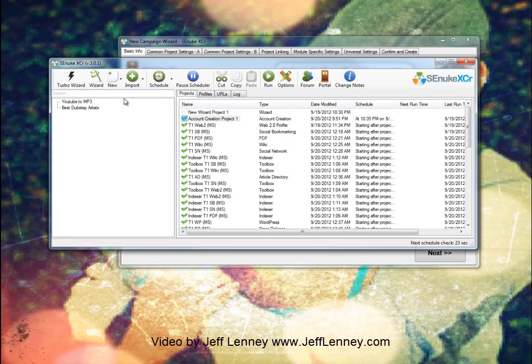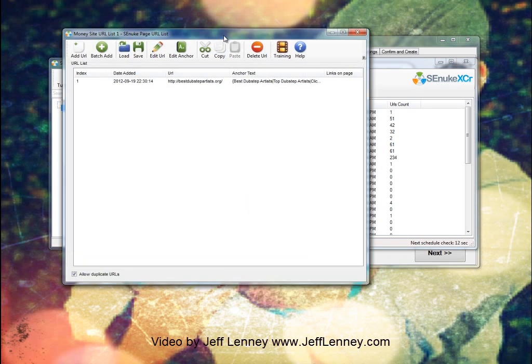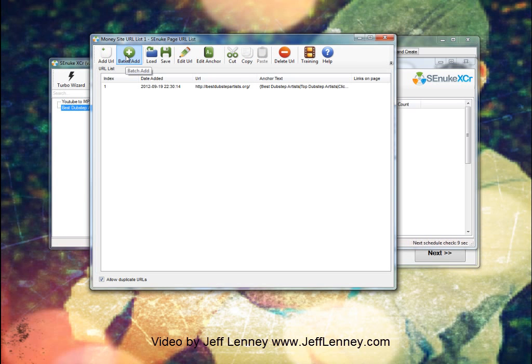If you go to URLs right here on our campaign, best of SEP artists, if you go to money site URL, you can actually add individual URLs. Let's say you want to send all these keywords right here, but you want to send maybe different links or different keywords for different URLs. You can actually add the other URLs right here, and you can add specific keywords for each URL. So the beauty is with this, you can take 10 different URLs, you can add 3 keywords per URL, and you can literally do backlinking to 30 different keywords on 10 different URLs, all with one campaign, which is pretty